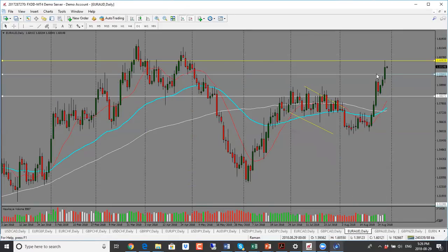Euro Aussie here, we were bullish on this. Target was 1.6050, which is where the price went to. Now it's still bullish, and I'm looking for price to go higher. Now this 1.6050 is an important support and resistance level. As we can see, price came into resistance at this level several times, and it struggled with that level.